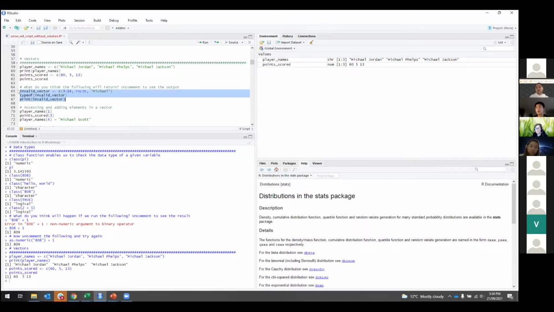A shortcut for you to uncomment a chunk of code is Control-Shift-C. If you're on Windows, you just highlight the chunk of code that you want to comment or uncomment. Just do Control-Shift-C rather than going line by line. But yeah, if I declare this vector called invalid vector, which has 3 elements,